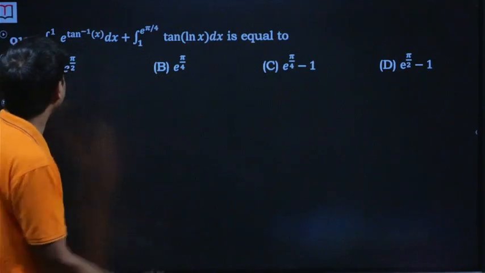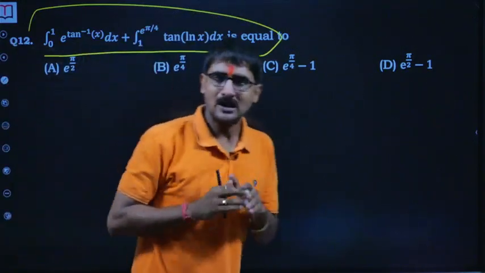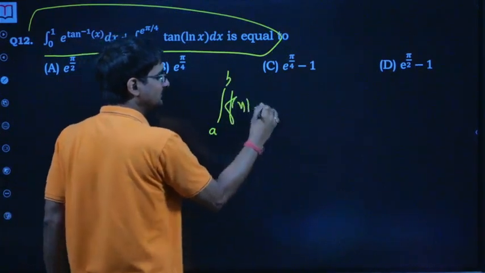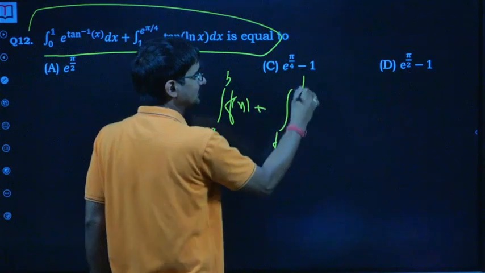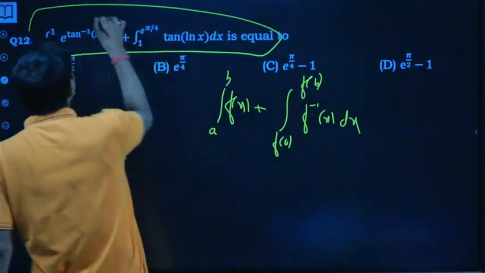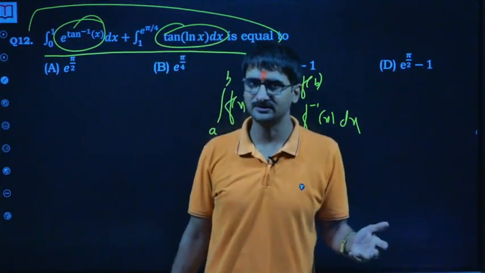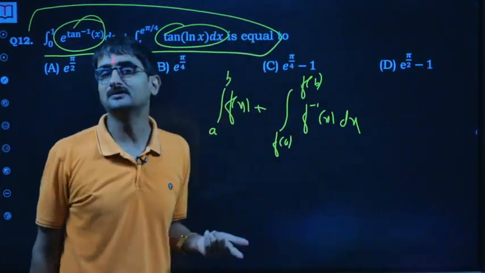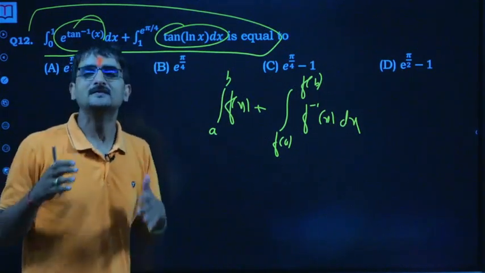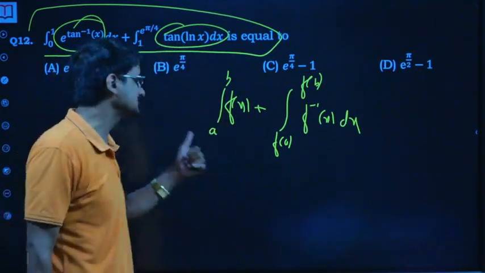Moving quickly to the next one. Now that's again the same question. See, how can you use that property? Again and again I am putting up such type of question, the reason is you shouldn't miss it. Only thing is you should be able to connect that these are inverse of each other. Look at tan inverse x on one side, tan on the other side. Look at e on one side, its inverse is ln on the other side. So that should give you an idea that we are heading towards this property f of f inverse of x, and hence you can use it.